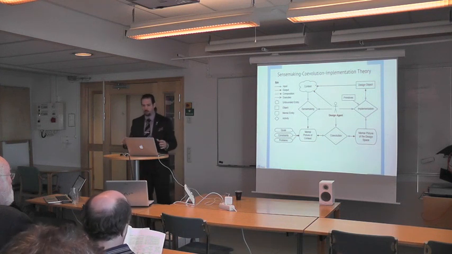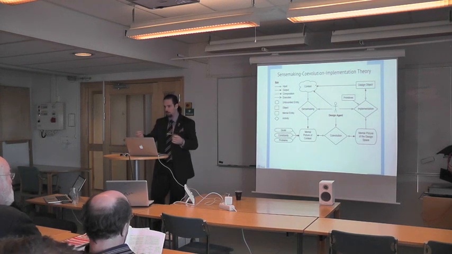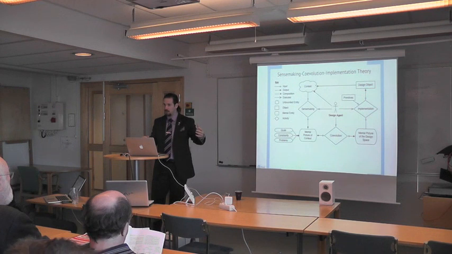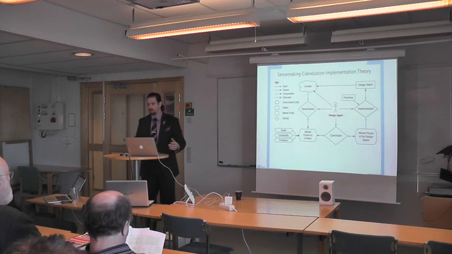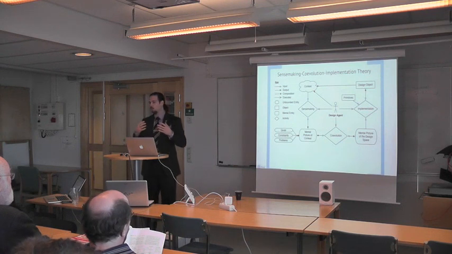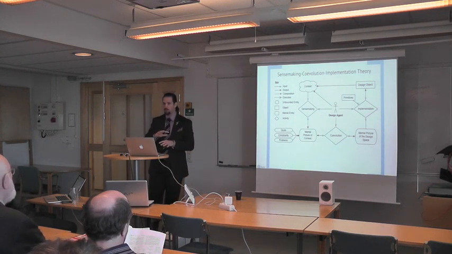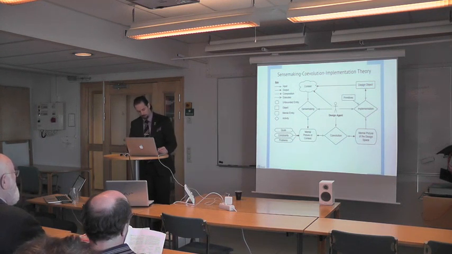There's a slower iterative loop that involves the construction of the design object, the software, the artifact, the thing that you're building, and its deployment in the context, and then the subsequent revision of the design object. So this is prototyping. So the prototyping loop happens over weeks or months, or possibly even years, but usually weeks or months. These are two separate iterative loops that occur in the design process.